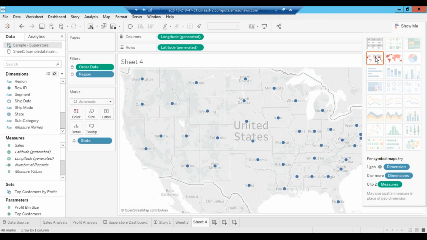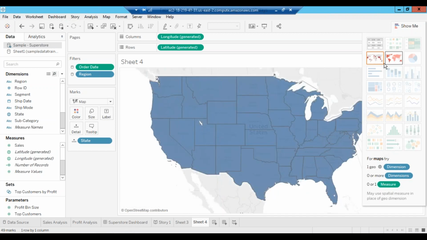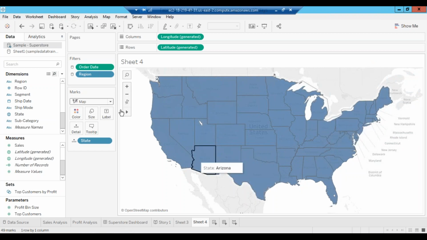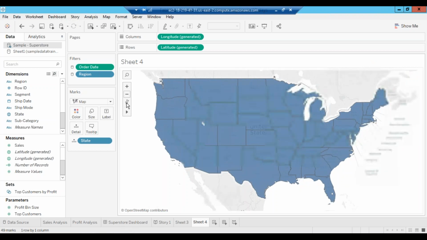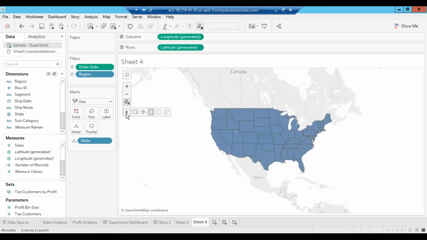Now here we are getting this. You can just change it to this view. This is a way of doing things how you want to do it. You can play around with this, zoom out or zoom in. Here you have docking, here you have other options. This is for search, this is for pan, this is for rectangular selection, this is for circular selection, radial selection, and this is for lasso. Lasso is nothing but whatever shape you want to create.